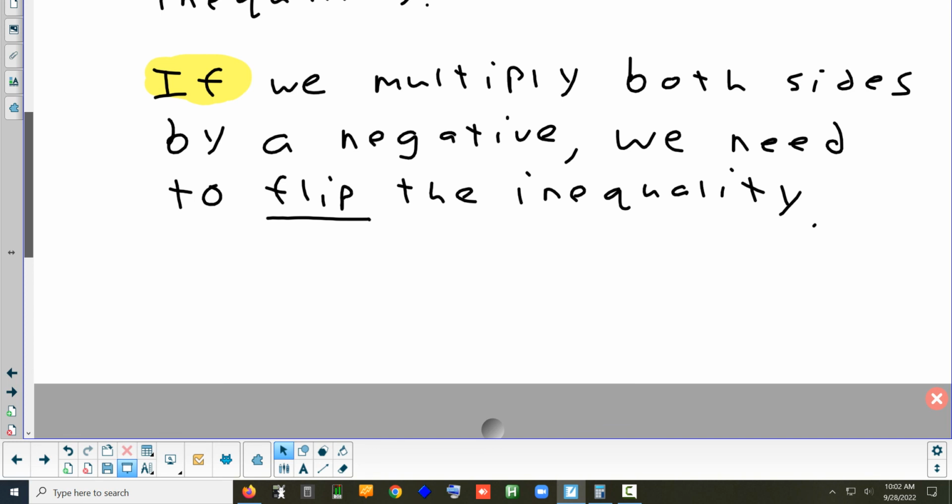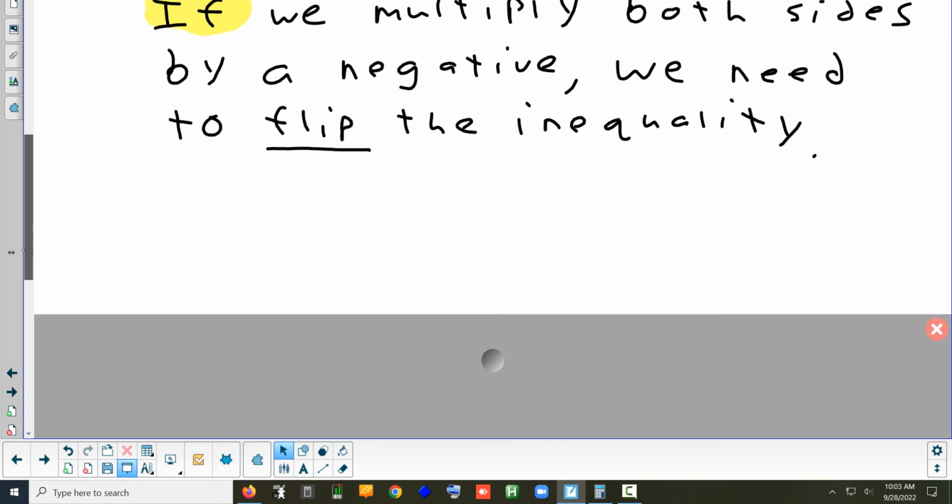Now, did we ever have to do that yesterday? When we added a number to both sides or subtracted a number from both sides? Did we ever have a problem where I said you have to flip it? Caleb? No, we never did this yesterday. And that's because when you add or subtract, you never have to flip the inequality. Flipping only applies to multiplying and